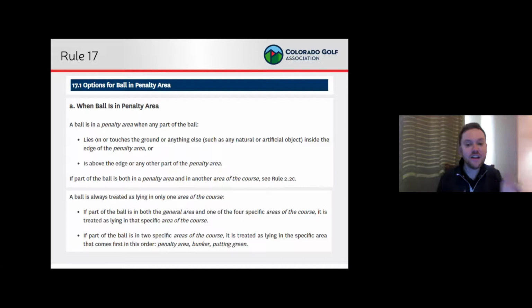So we always have that. This is covered in Rule 2.2c, like we've seen here. So now we know penalty area, that's number 1 all the time. Again, here we have that hierarchy. Penalty area is always first. Again, it's kind of hard to have this situation happen. It does, certainly, like I said, when you have a bunker that kind of feeds into a pond, maybe, which we do. Or in Florida, maybe there's more, not oceans, but more ponds down there. I've seen that a decent amount more than I have here. So anyways,